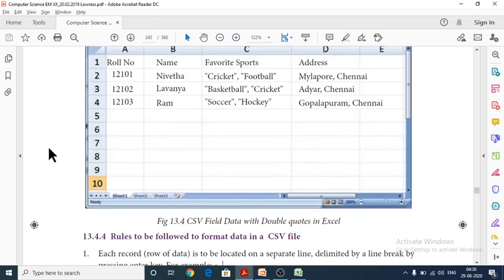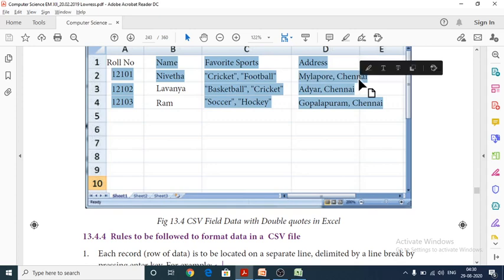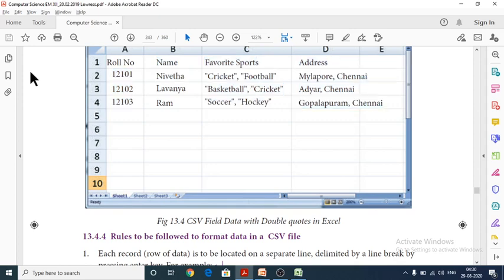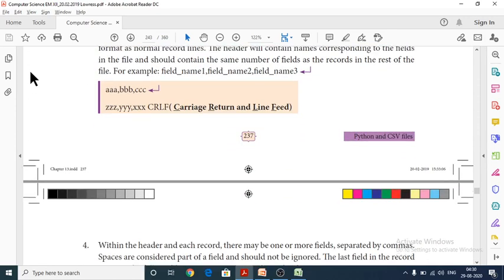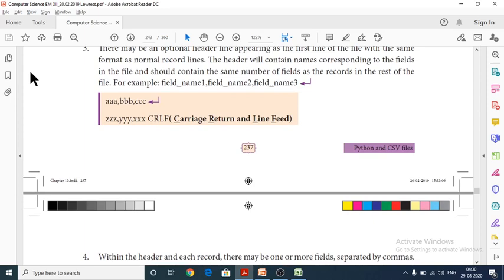See here how many fields there are; that many headers will also be there. This is what we have to follow here, and this is an optional thing only, not mandatory.